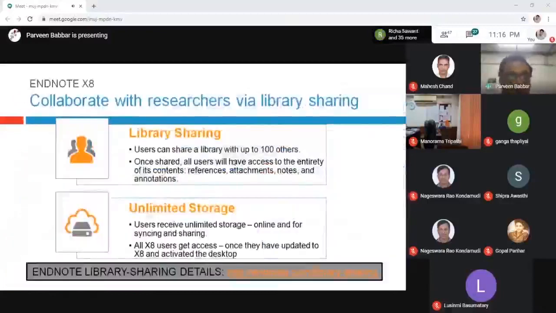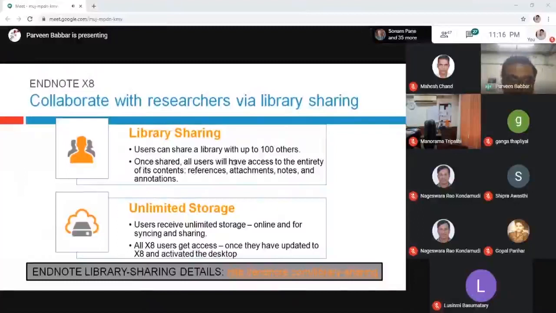EndNote X8 also helps you to collaborate with your research, because though this is desktop, it can also work online, so you can share your work with your peers, and combined work becomes possible. Users receive unlimited online storage for syncing and sharing of data.